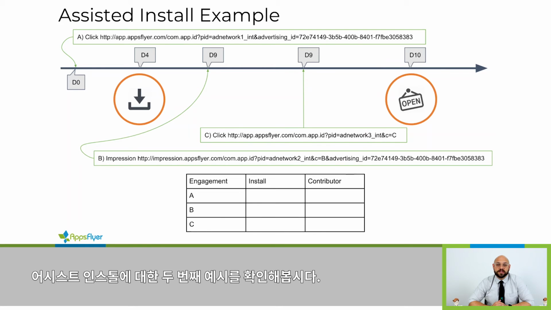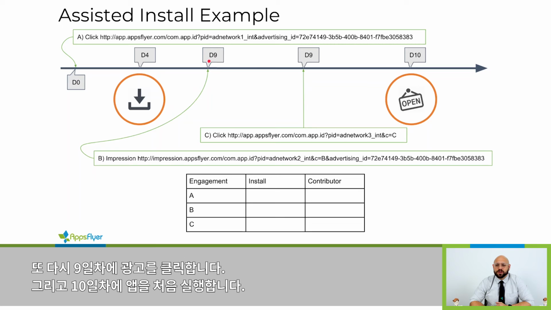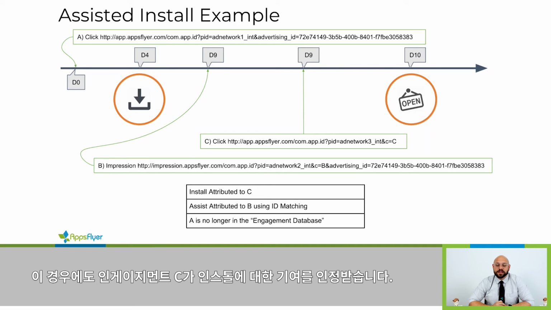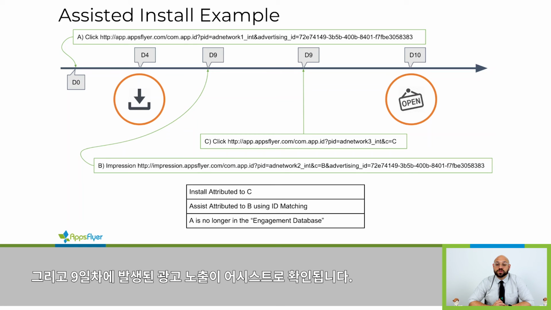Let's go on to assisted install example number 2. In this example, we see that a click happened on day 0. The user downloads the app on day 4. Day 9, they're served an impression. Day 9, they click an ad. And then day 10, they open for the first time. If we look at this, we can see that the install gets attributed to engagement C again. And assist goes to the impression